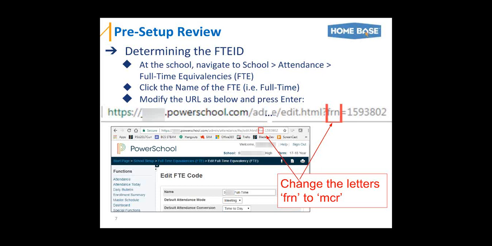When you click it, you're going to have the screen that looks like the picture of my page. What I did is I highlighted the URL and made it a little bit bigger so you can see, because you're going to edit the URL. At the very top of that page, you're going to see it right there. You're going to change the FRN, so Frank, Robert, Nancy. You're going to change those letters to